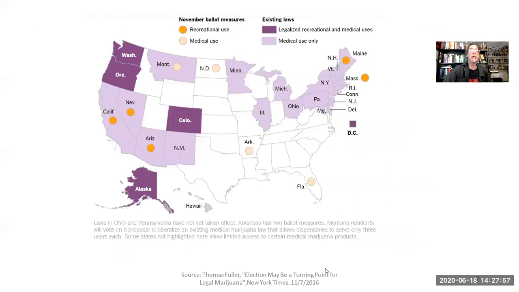This is out of date right now. It's from 2016. States where there's medical use only and those where recreational use is allowed. Now California and Nevada both allow recreational use. I don't know about Arizona. Colorado as well. I believe they even flirted with, and it may just have been the city of Denver, legalizing hallucinogenic mushrooms. But Missouri, my home state, recently legalized medical use of marijuana, but I know that doesn't